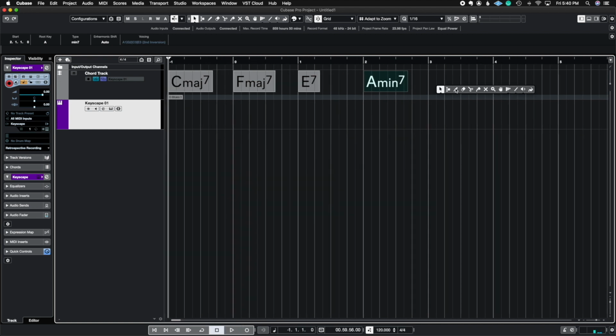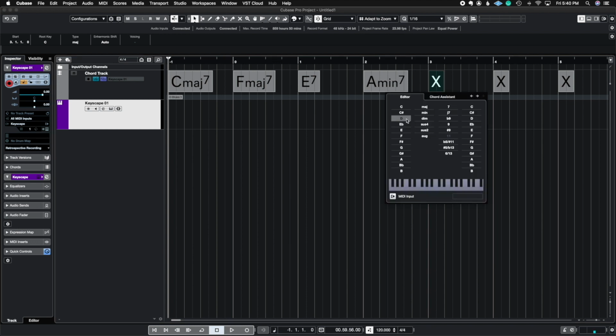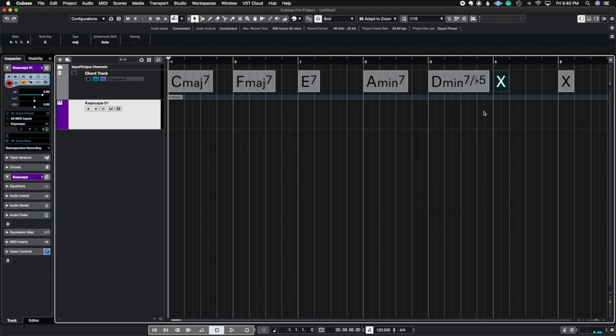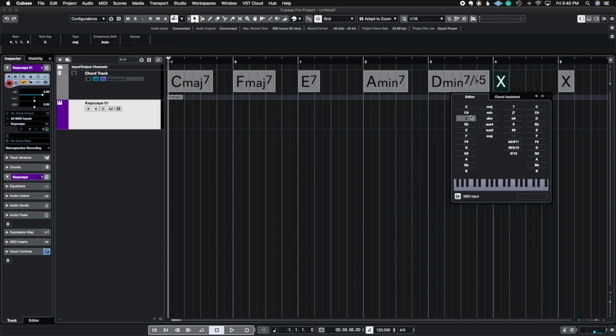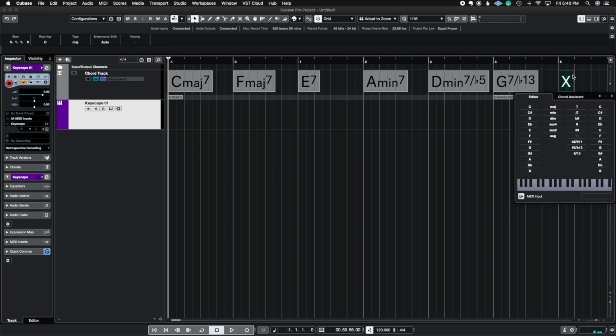And then here I'm going to finish off the sequence just so we have some kind of finale. We're going to call this, oh, I muted it by accident. Let me go ahead and call this a D minor 7. Or I can do a D minor 7 flat 5 to G 7. We can also add a tension here and then go back, and let's end on a C minor 9